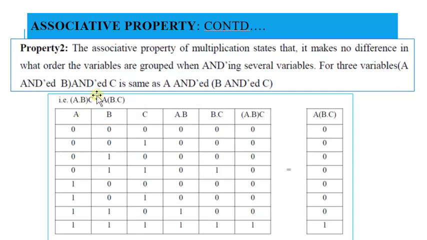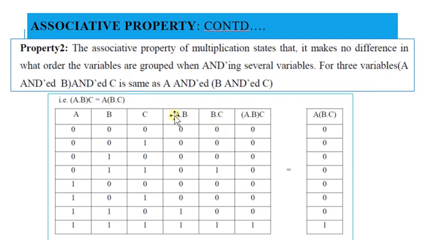So that is why this is one example which shows you that a dot is not always necessary. Here again, because three variables are involved, mainly in the associative property, you cannot explain the grouping using two variables. That is why we go for three variables, as I explained earlier. So here 2 to the power n, 2 to the power 3, which is equal to 8 combinations of inputs.